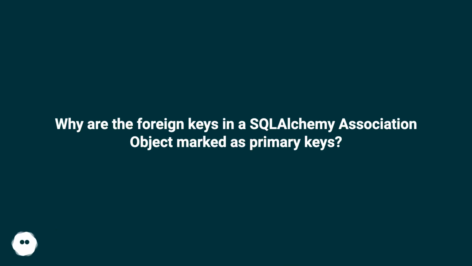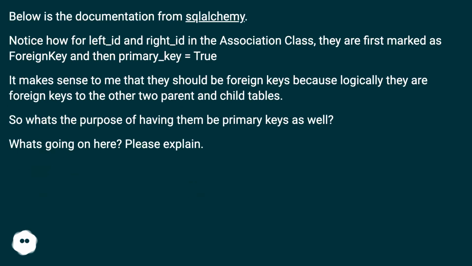Why are the foreign keys in a SQLAlchemy Association object marked as primary keys? Below is the documentation from SQLAlchemy. Notice how for left_id and right_id in the association class, they are first marked as foreign key and then primary